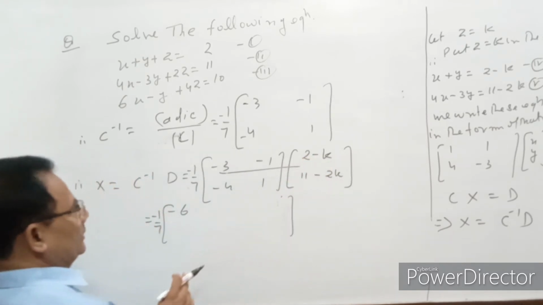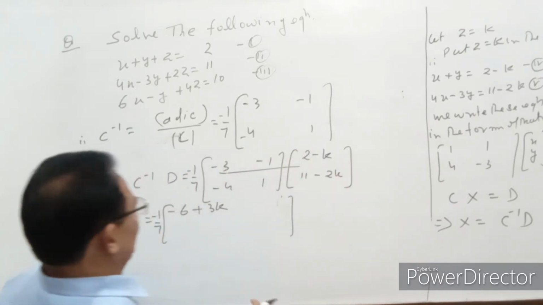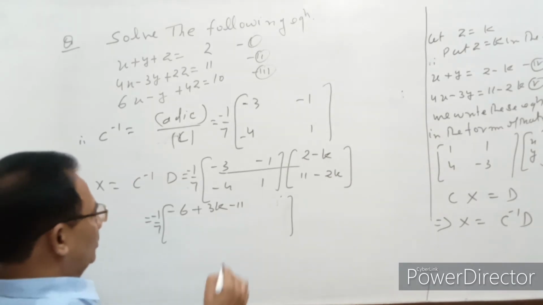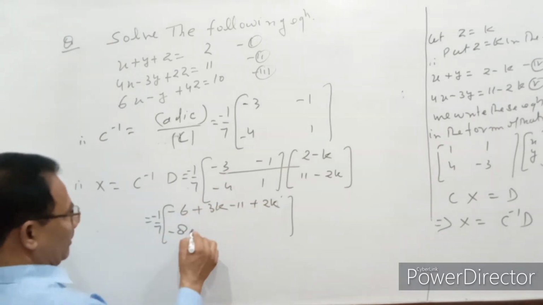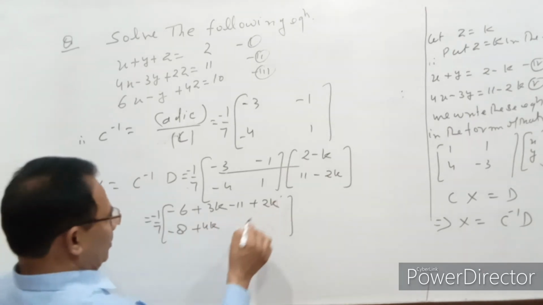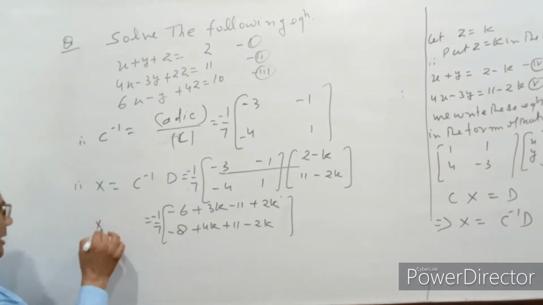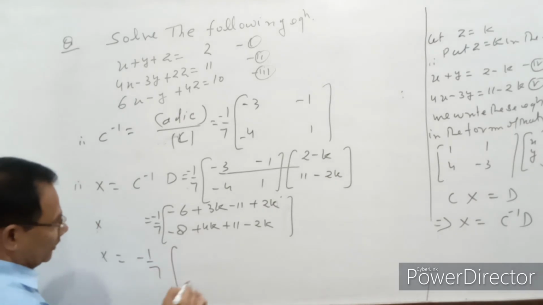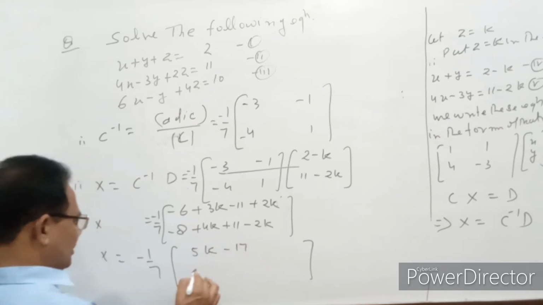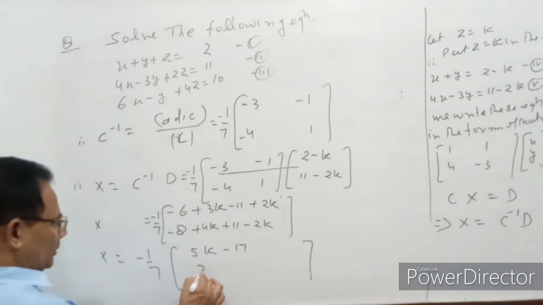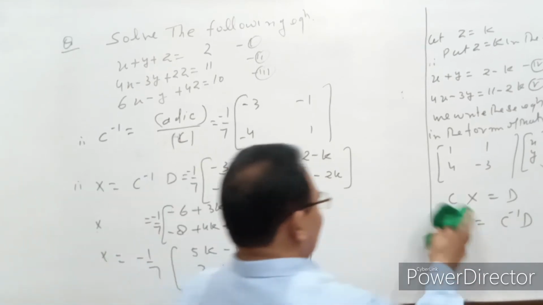Minus 6 plus 3k, r1 into c1, minus 11 plus 2k, that is minus 8 plus 4k, 1 into 11 minus 2k, that is x is equal to minus 1 by 7, 3 or 2, 5k, that is minus 17, that is 3 plus 2k, therefore we get the value of this